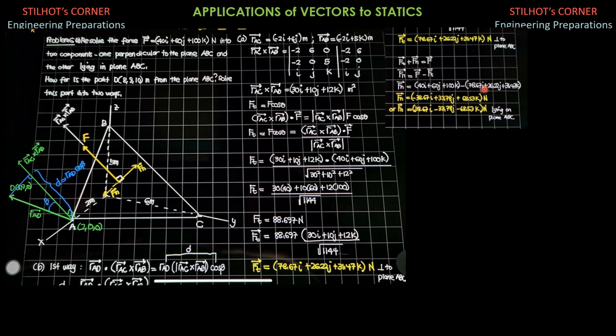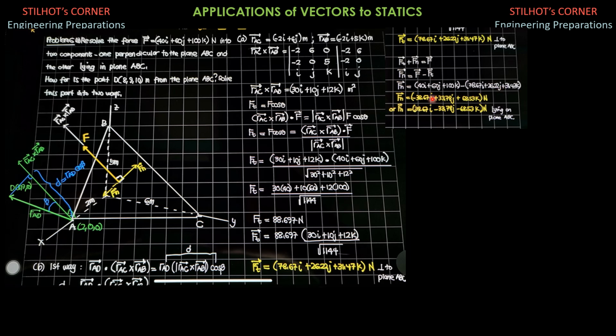So therefore, the component lying on the plane is equal to F minus Ft. Since we computed already the tangential component, it is clear that it should be in the direction of F. Since F has positive components, so too does the tangential component, or the component perpendicular to the plane.